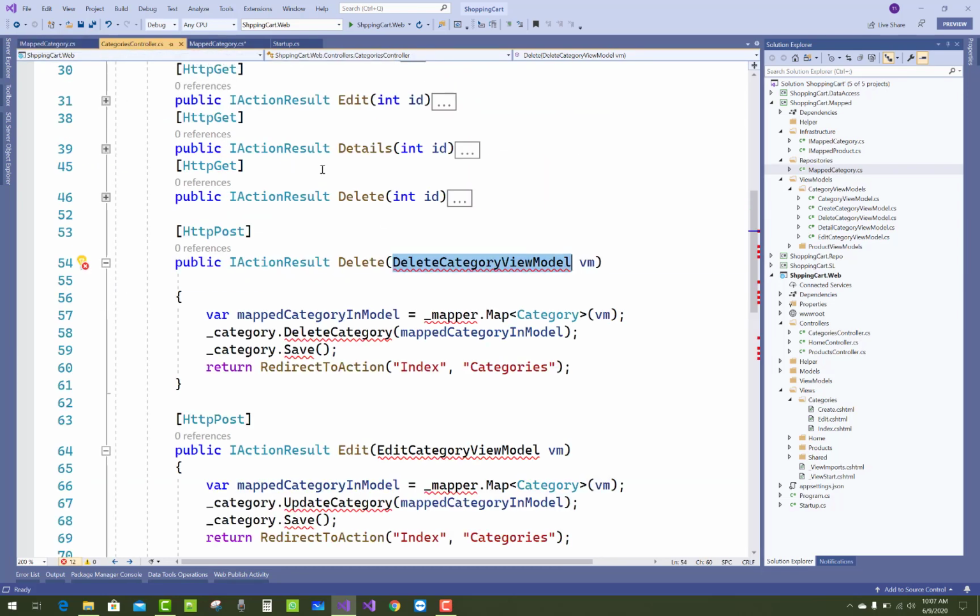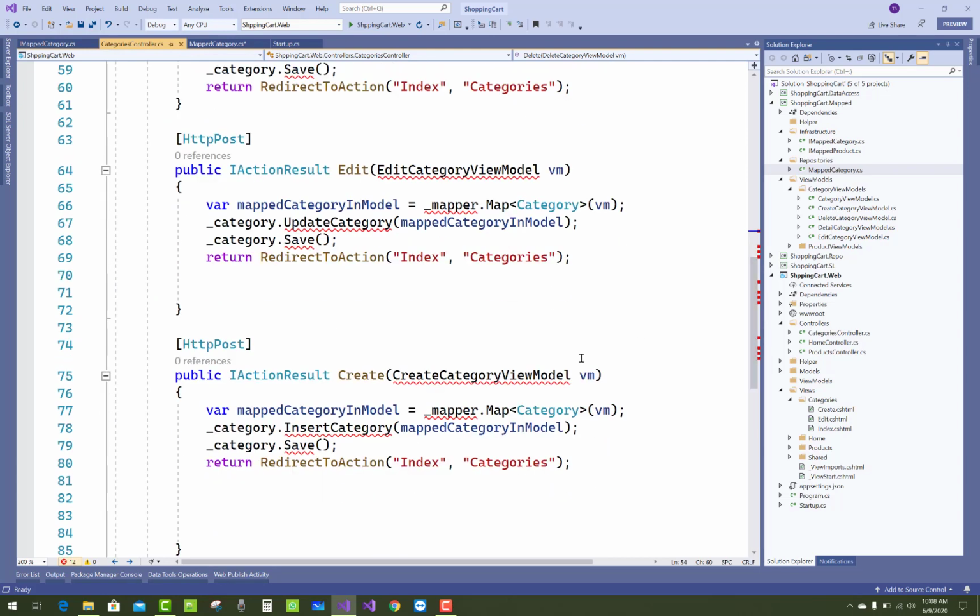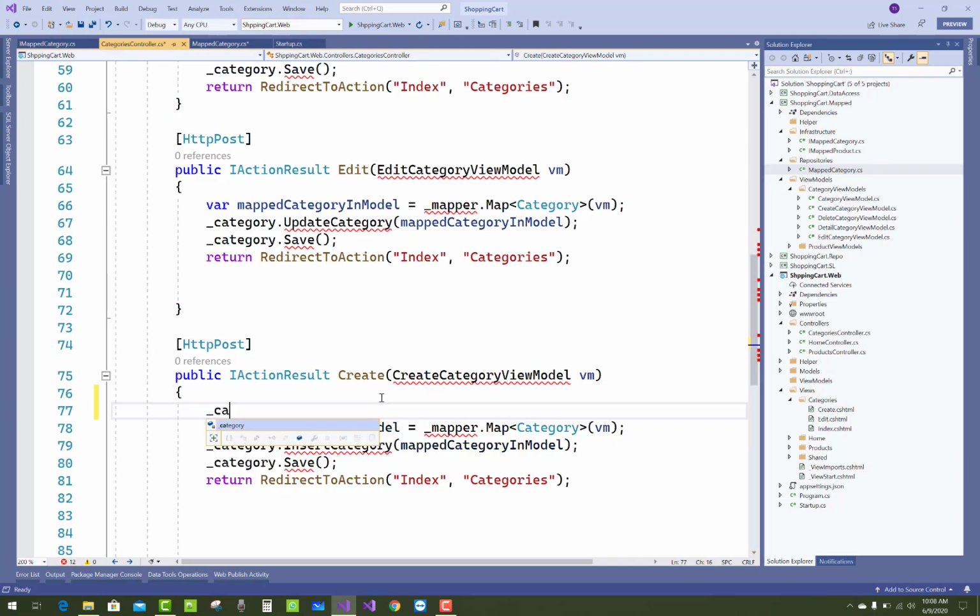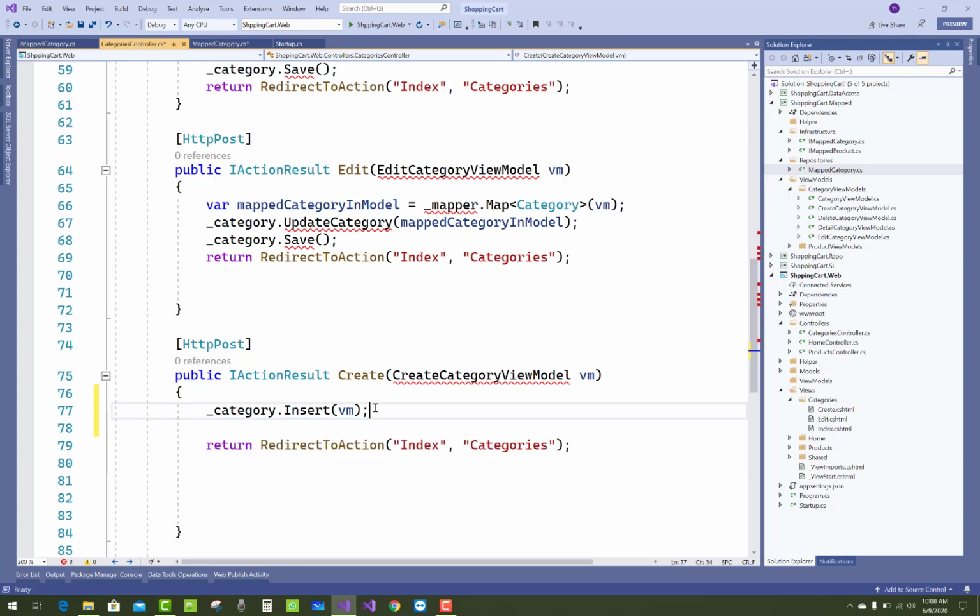So now, first of all, handle the create post method. You can add _category.Insert, in which you can pass VM, that is the create category view model, and just remove all these, just cut and paste inside the mapped project.